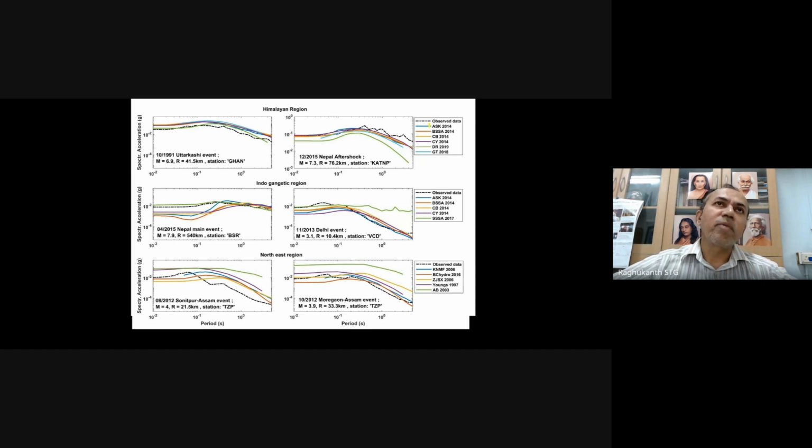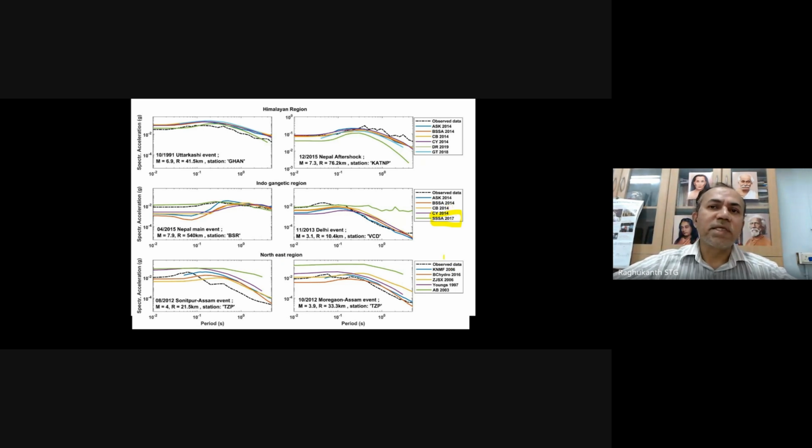What international people do is, because they try several GMPEs, the epistemic uncertainty has to be included in our calculations. For that you have to use some 4 or 5 GMPEs, which are from tectonically similar regions, as well as of course a regional equation, and based on the data you try to give some type of weightages. So for this Himalayan region we used these GMPEs. Then for the Ganga Basin we used these GMPEs, and this equation was specifically developed with Indo-Gangetic Basin data by NGRI. So this was also used.